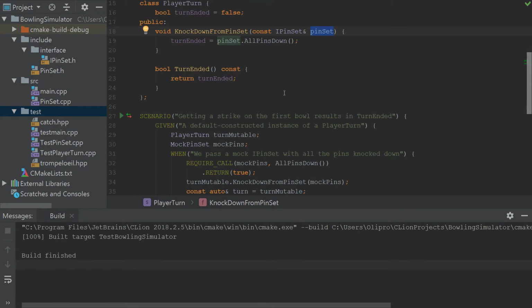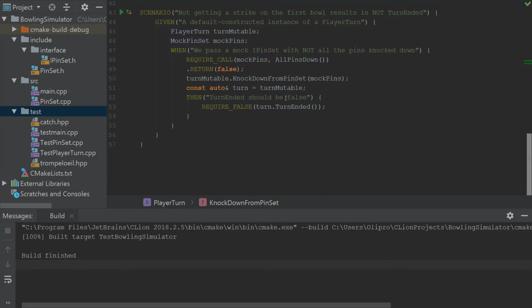But I don't think we should necessarily call it a score. Let's call it pins knocked down instead. So we'll have a scenario: having 3 pins knocked down results in a pins knocked down equals